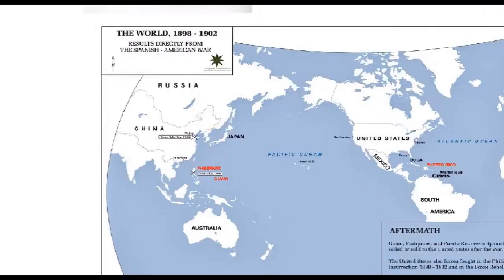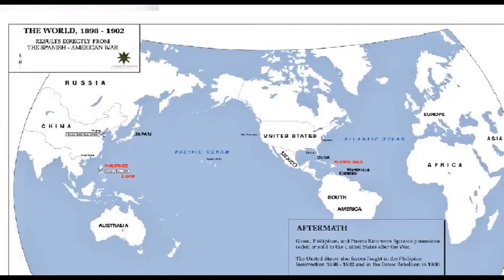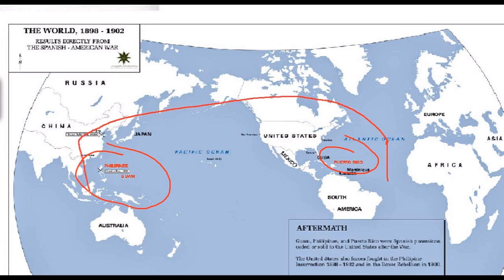And as a result, with the battles in the Philippines, the battles that take place in Cuba, a landing in Puerto Rico as well, by the summer of 1898, the United States has acquired control over Puerto Rico. We've liberated Cuba from Spanish rule. We'd acquired the Philippines and Guam, and we had begun to stretch America's overseas empire all the way from the Atlantic to the Pacific Oceans. And in a very short time period, it was this dramatic outcome.